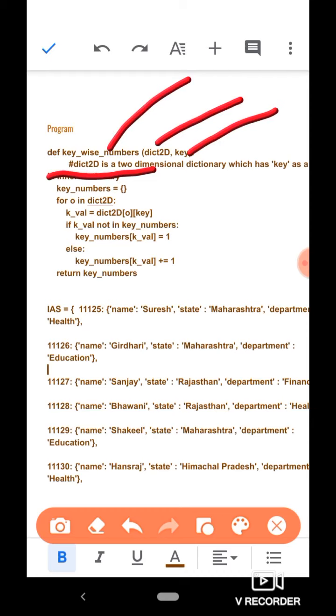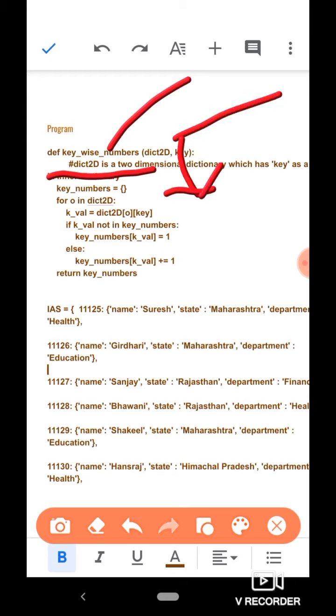First is named dict2d. This name indicates that it should be a dictionary which is 2-dimensional. Now 2-dimensional dictionary means a dictionary which has its values in the form of dictionary, which is called a nested dictionary or a 2-dimensional dictionary. So this is the name of the first argument. And then the second argument is the key. This key argument will be the key for which we want to find the number of